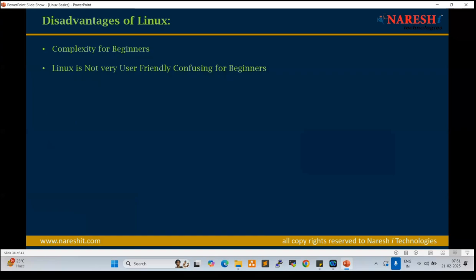Linux is not very user friendly. User friendly means you can navigate and we cannot learn on our own, right? So we need to learn something here. We need to execute commands. We need to follow the architecture. We need to follow the folder structure. These are all the things. Fine. Once you start working on Linux, it is very easy. It is very straightforward. Linux is very straightforward, right? Next one.